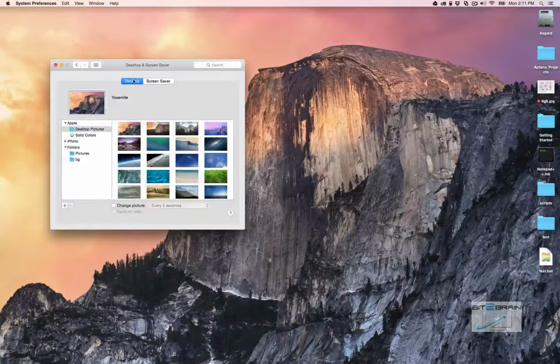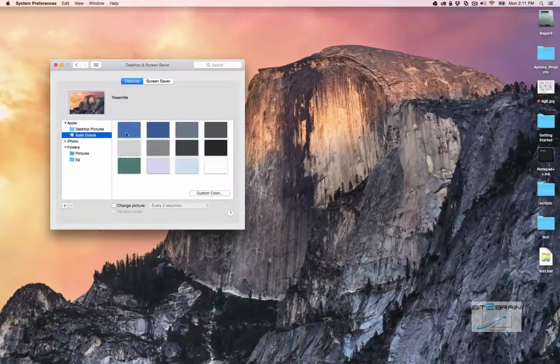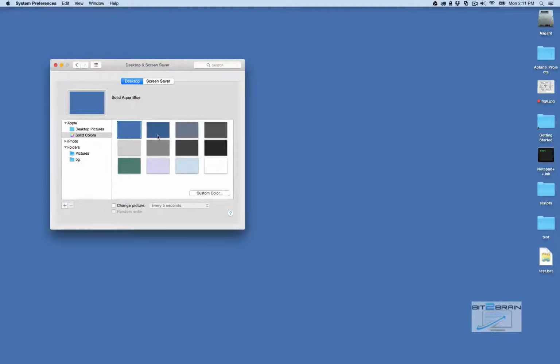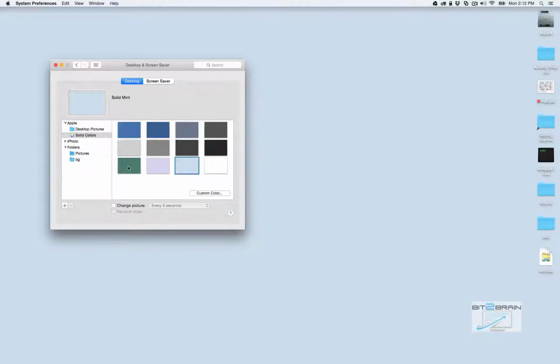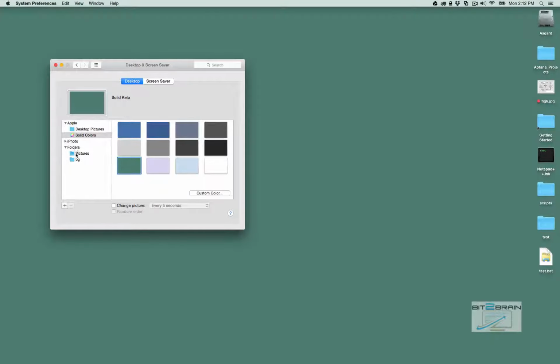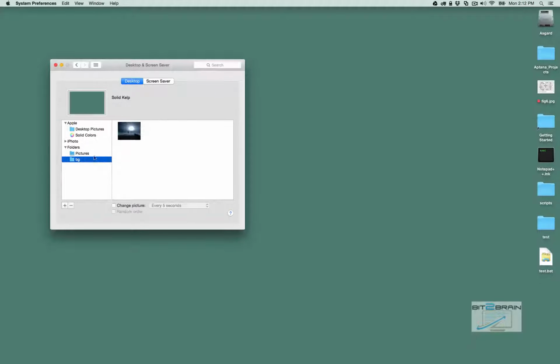But as far as our desktop goes, we can select a solid image. We can change pictures. We can rotate them, make it random order. That's really bright. We can come over here and set, if we have particular images in mind that we'd like to show, we can select them here. Now,